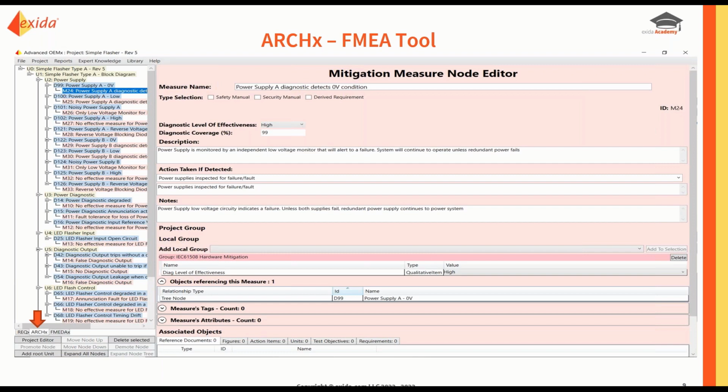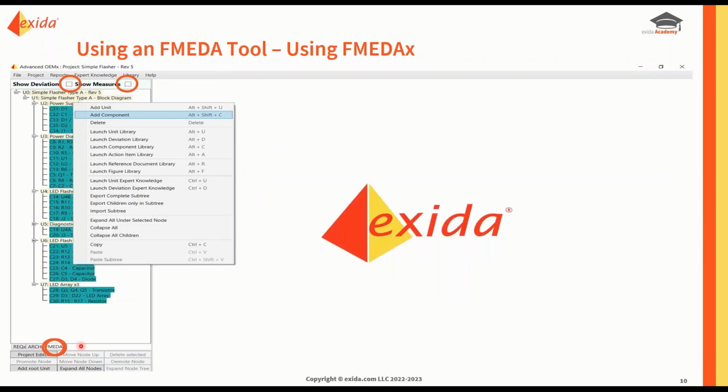So the next thing we move into now is our FMEDA, sorry. We've all our information in our requirements. We've all the information, deviations and mitigations, in our FMEA. So we start entering in our components and linking the component failures for each of the particular blocks to the failure modes of the blocks that they're contained in. Something to note here, up here we've two little check boxes. This allows you to quickly switch on and switch off the deviations and mitigations for the particular blocks, just if you want a quick reminder of what you designated in these blocks. Instead of having to switch between the tabs, you can look at the deviations and mitigations side by side with